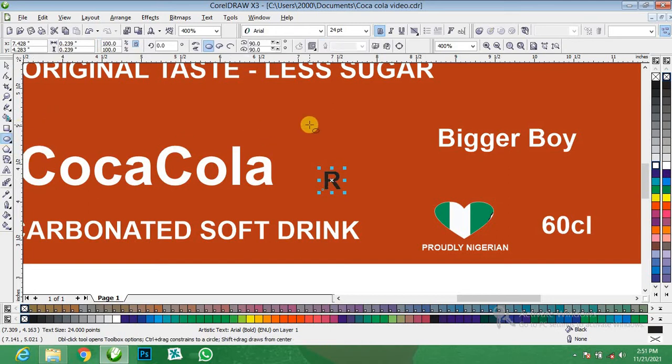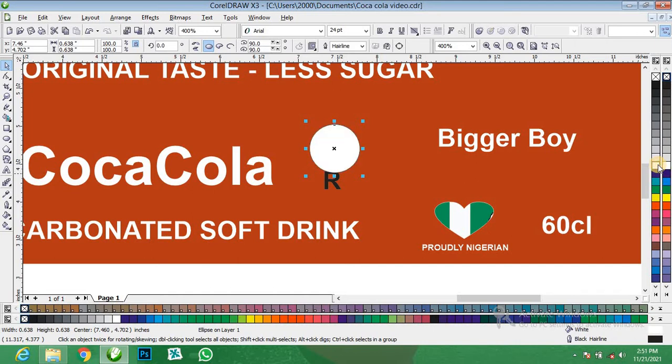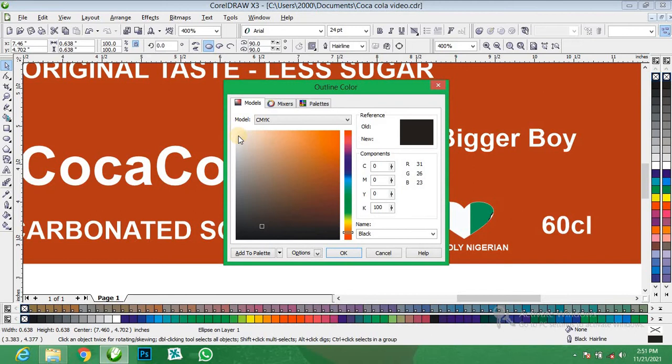Then we create a circle. As you are dragging this circle, click on Control so that you get a perfect circle like this. After you release your mouse cursor, remove the color, go to outline, you give it a white outline.